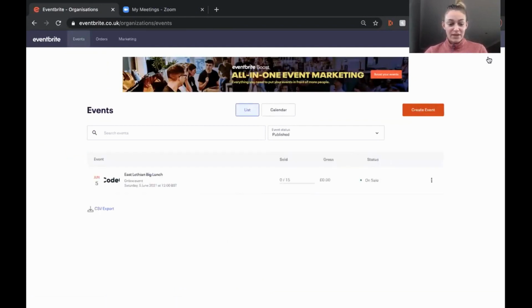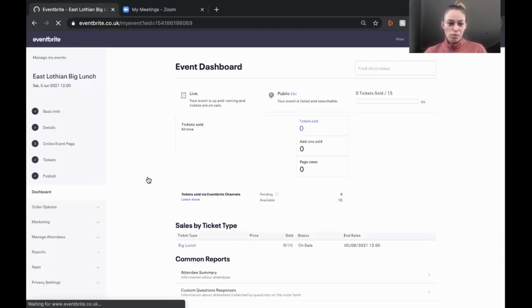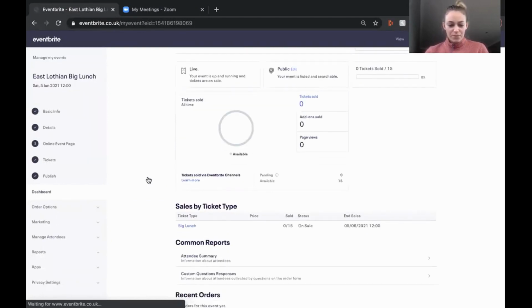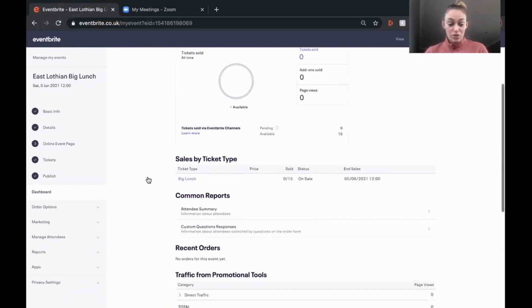You'll have a list of events here, and there it is, East Lothian Big Lunch. So we'll click on that, and that will take us to the page for our Big Lunch event so we can edit some of the registration questions. There we go. So to add in your registration questions,